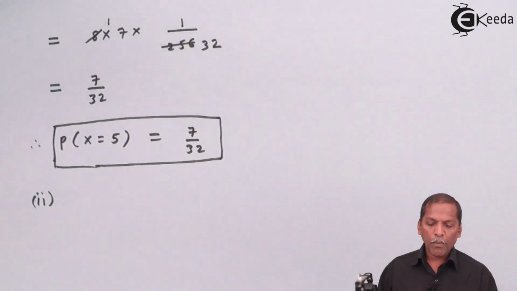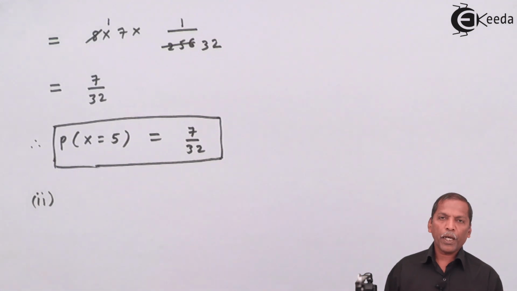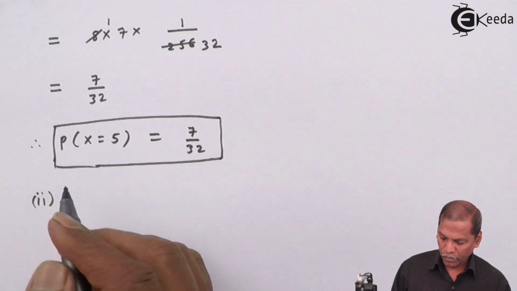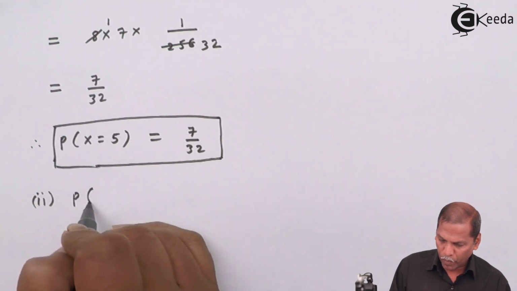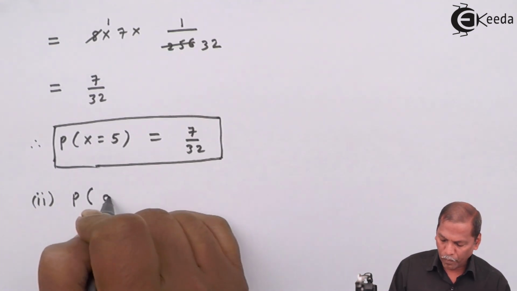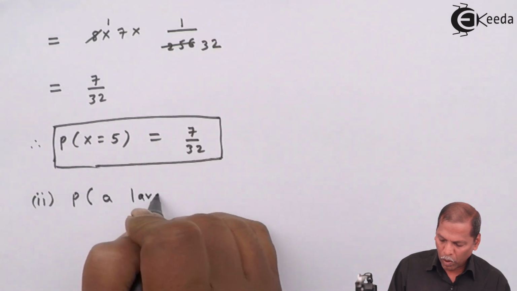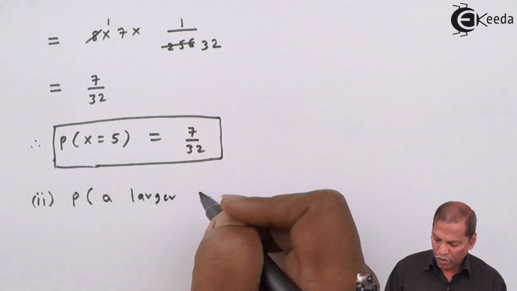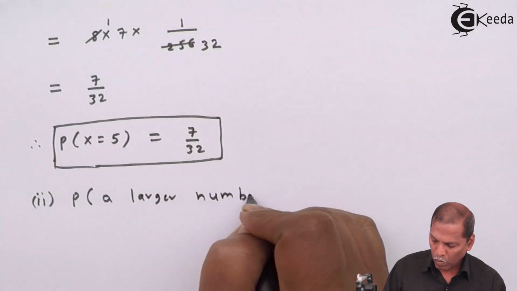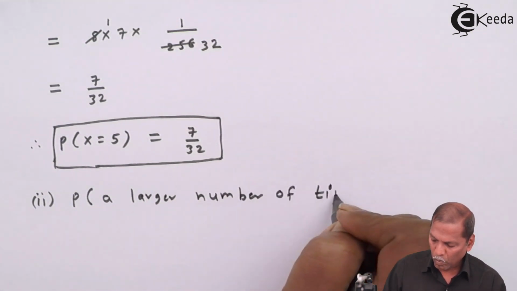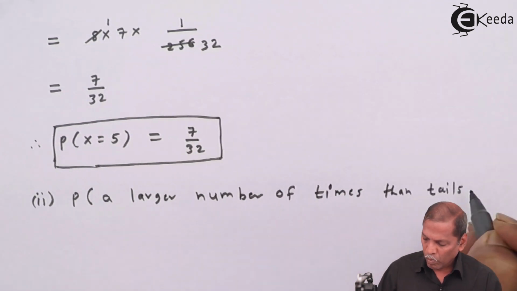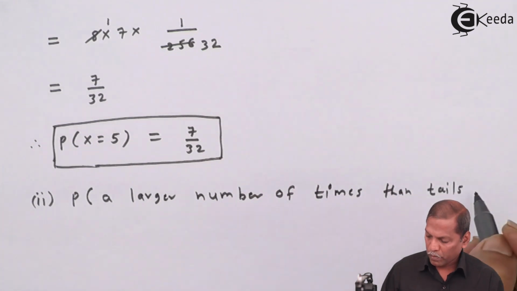It means the number of heads should be greater than the number of tails. So P of a larger number of heads than tails